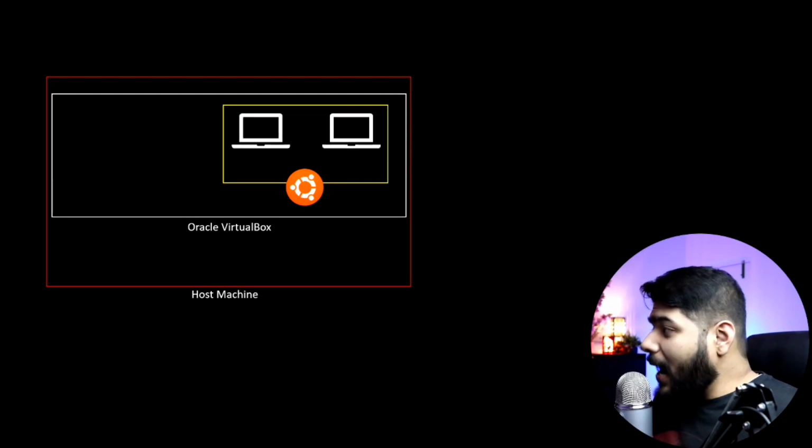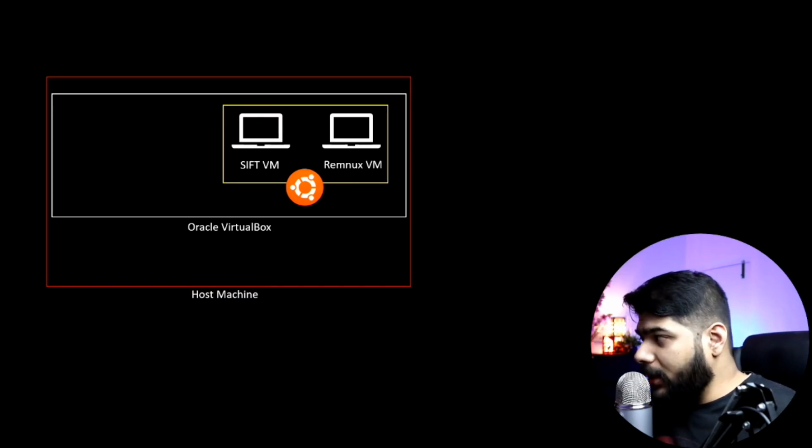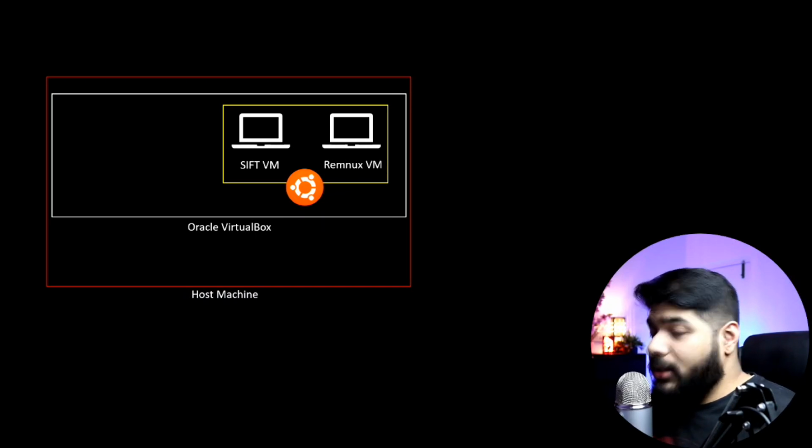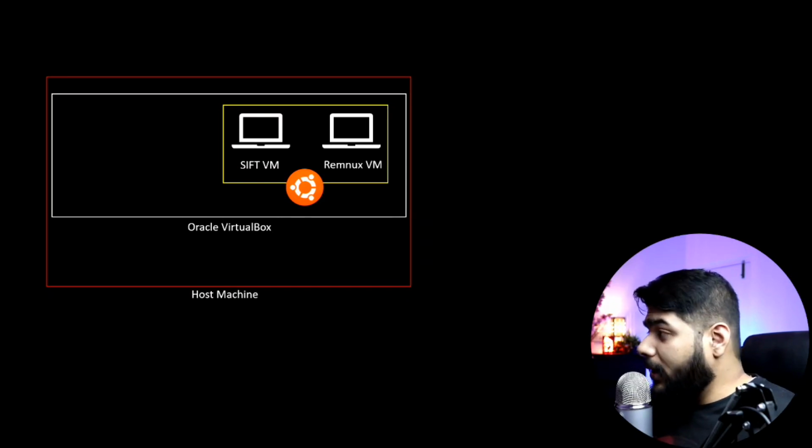Inside that Ubuntu machine, we are going to spin up two different operating systems. One is the SIFT virtual machine, which is the SANS forensics virtual machine, and another one is the REMnux VM, the reverse engineering malware Linux platform.